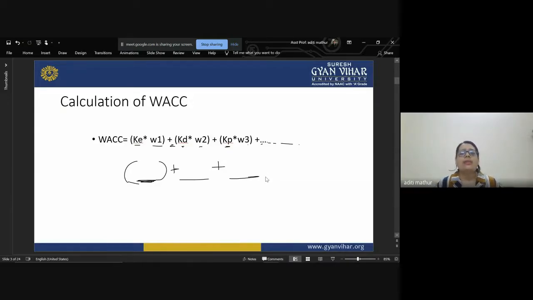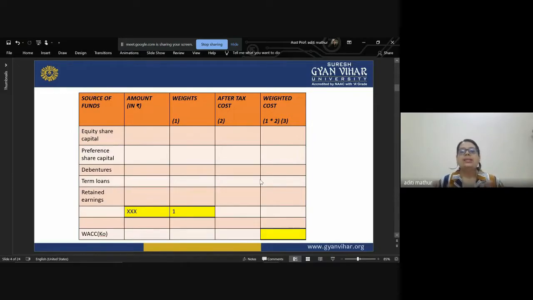It might be sounding confusing to you, but let us just understand the calculation of WACC with the help of this statement. Students, please make sure that whenever the questions of WACC come in the examination, you solve with the help of this table, because it is very clear to understand how the overall cost of capital is calculated. All the things will be given to us, and it is easy to even recheck the answers if in case you are getting any wrong answer.